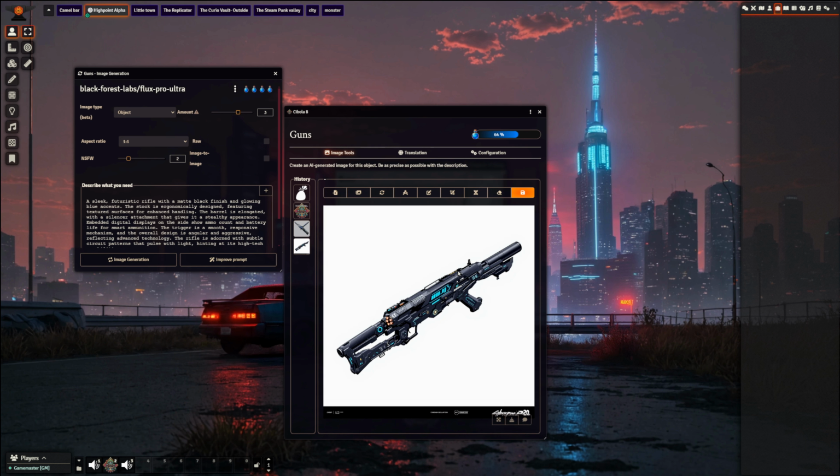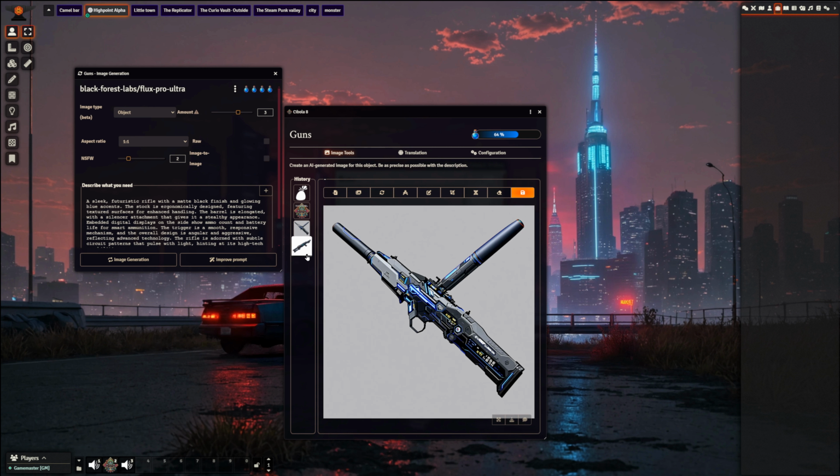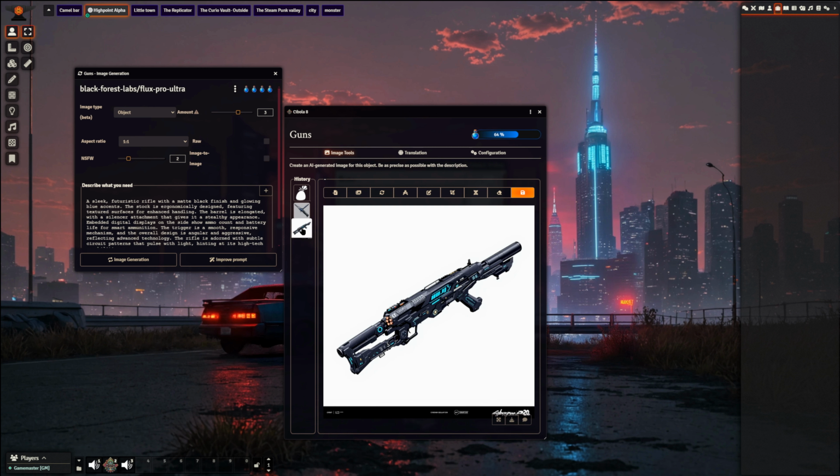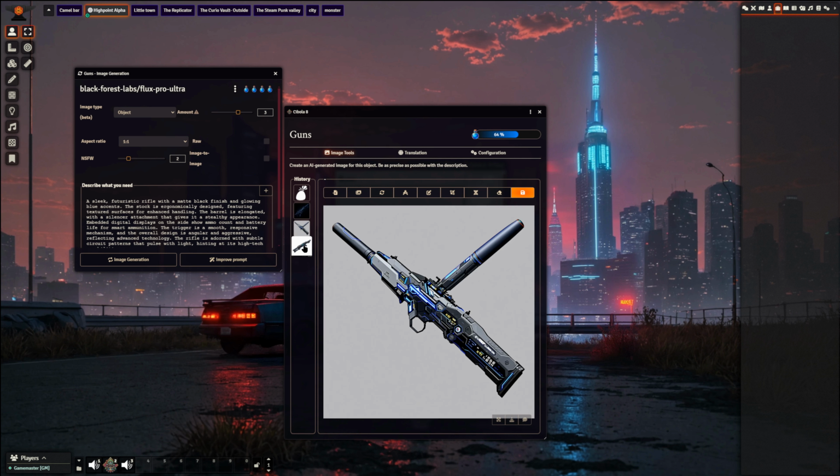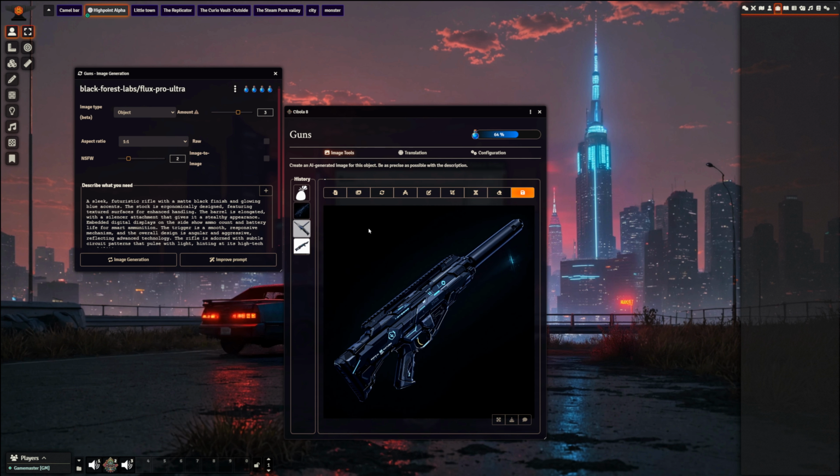And here they are coming in. So this is our first rifle, that's the second one, and the third one will surely appear soon. So this is the third one. Now, as you saw, we generated 3 rifles with the same prompt, and if I, for example, want to go